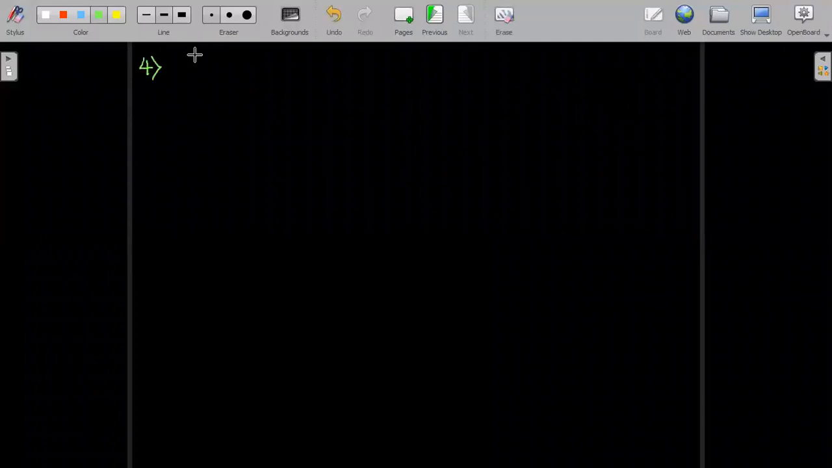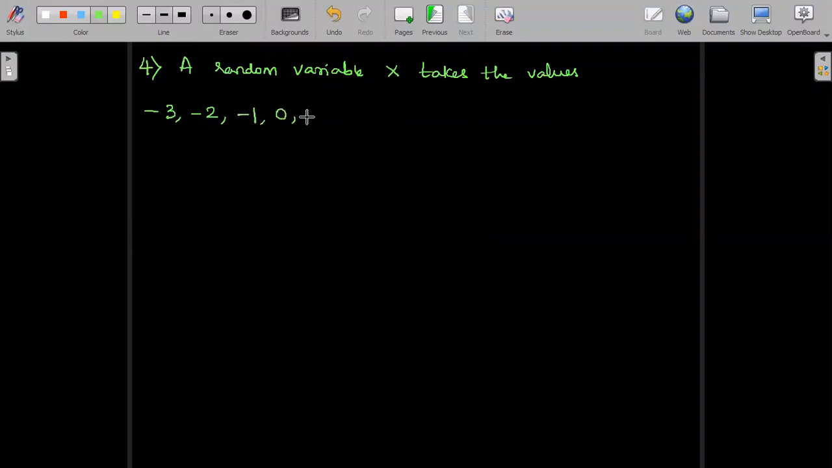A random variable capital X takes the values -3, -2, -1, 0, 1, 2, 3, such that